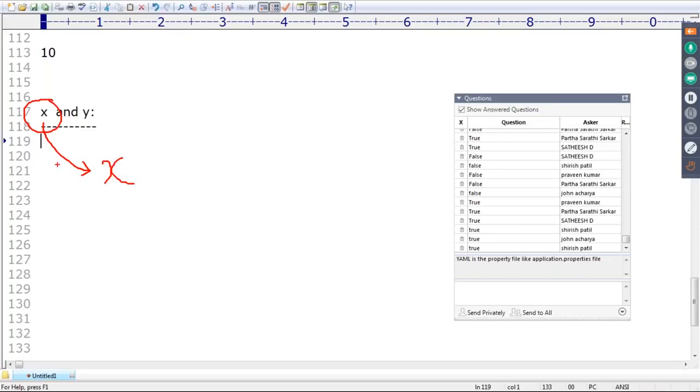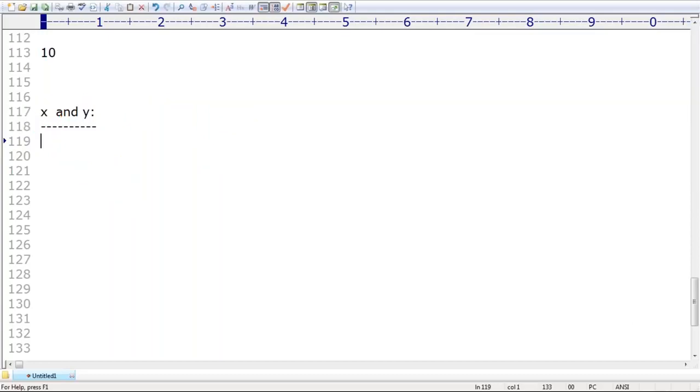If the first one evaluates to true, then return Y. Let me explain once again. If the first one evaluates to false, then the answer is always X only. If the first one evaluates to true, internally treated as true, then Y is the answer. Clear, right?